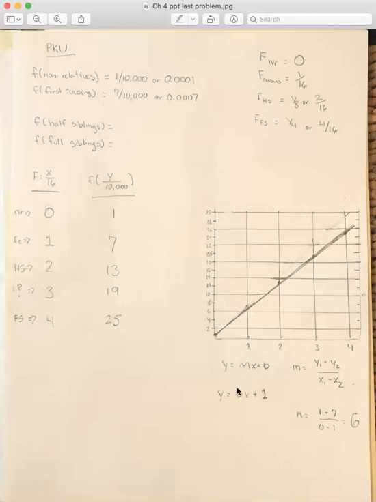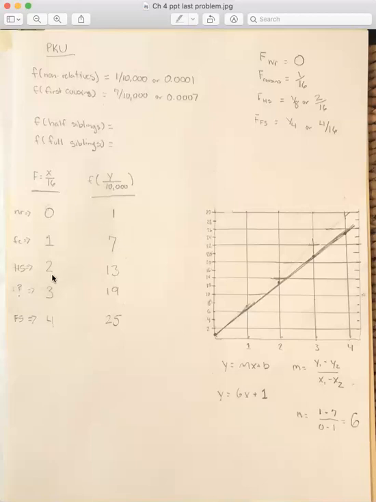So we can come in here and put the slope as 6. B is the y-intercept. So what is y equal to when x equals 0? We see that's 1. Now here we have the equation. And so with this equation, we can plug in any of the x's and figure out the y's. And so here, let's just plug in 1, right? So x is equal to 1. 6 times 1 is 6, plus 1 is 7, and so we get it there.